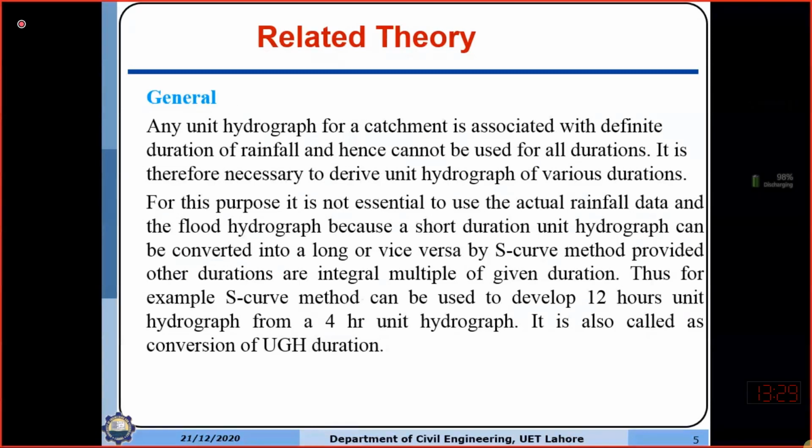Thus, for example, the S-curve method can be used to develop a 12 hour unit hydrograph from a 4 hour unit hydrograph. It is also called conversion of unit hydrograph duration. So the S-curve technique can be used to convert the duration of a unit hydrograph to its multiples, like a 4 hour unit hydrograph can be converted to 8 hour, 12 hour, or 6 hour, and it can